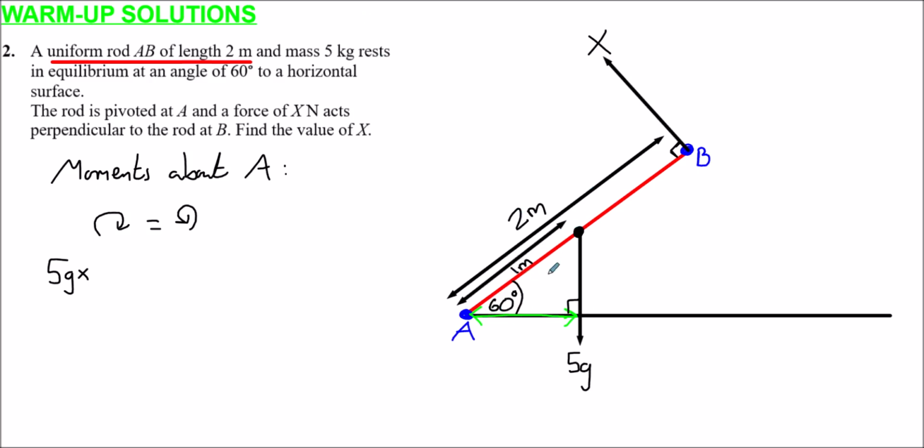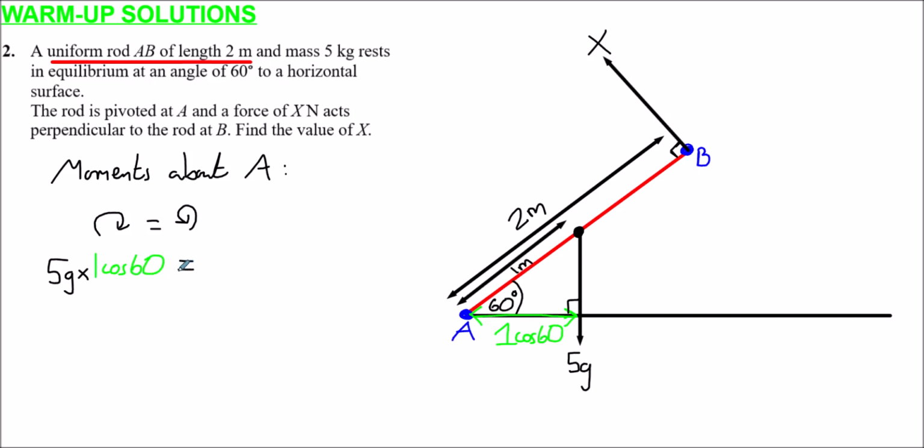So that's going to be 1 multiplied by cos 60, which is of course just cos 60. I'll leave it as 1 cos 60 in case you want to check that out using SOHCAHTOA. This would be 1 sin 60, that's 1 cos 60, and that's just 1. So 5g multiplied by 1 cos 60,